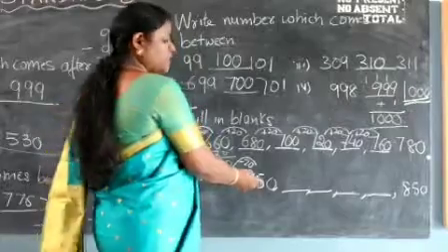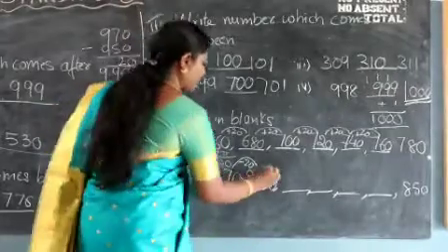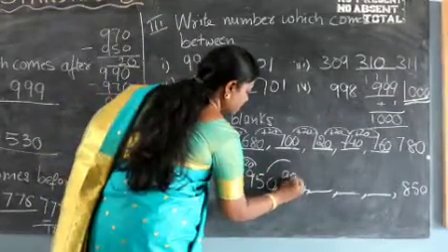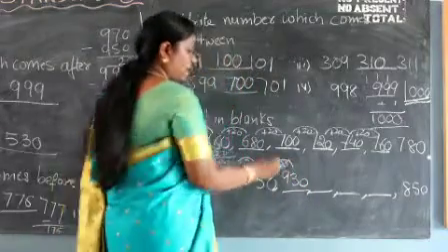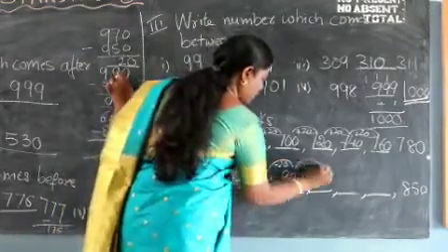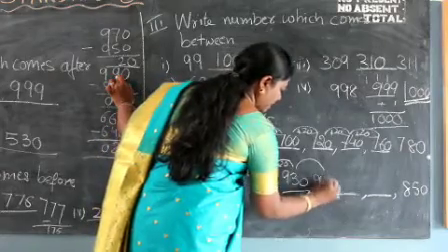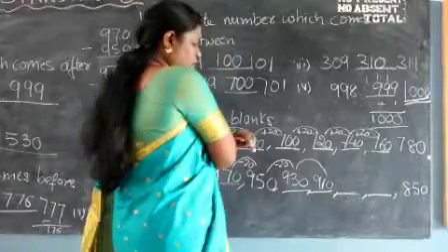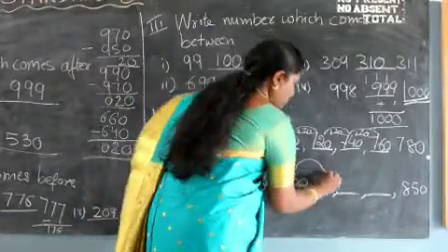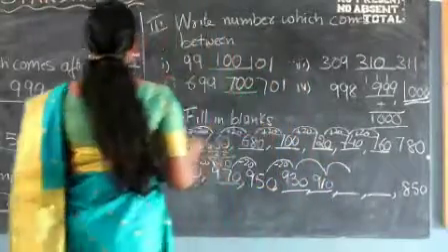If you subtract 20 from 950, how much are you going to get? 930. Okay? Put minus 20 here. So 930. If you subtract again 20 from 930, it is going to be 910. Okay? Now from 910, if you subtract 20 again, how much are you going to get? I'll do this for you because it will be difficult.